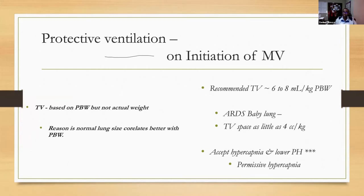Again, what we do is protective lung ventilation. And the reason you are doing that is, you shouldn't get focused on fixing the gases. You should focus on making this patient productive at the end of the day, able to go out and go back to work and so on. For that, you have to preserve the lung. The way to do that is based on research. One, you limit the tidal volume to 6 to 8 cc per kg using predicted body weight, not actual weight,